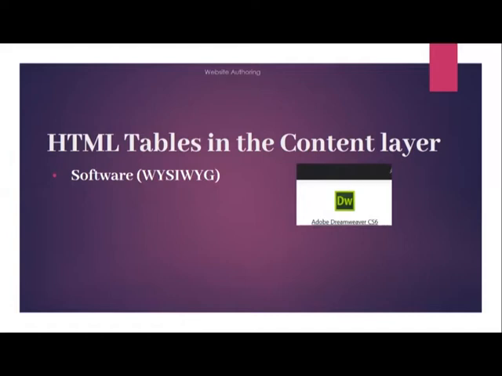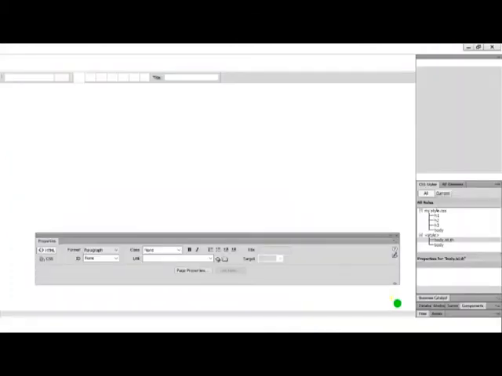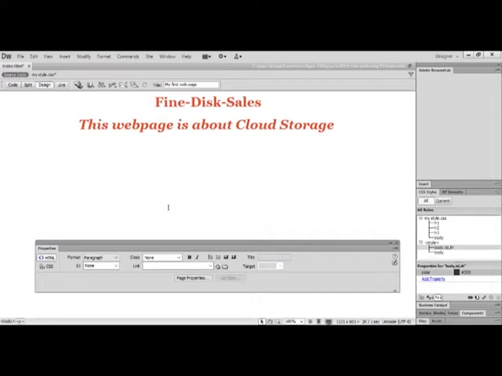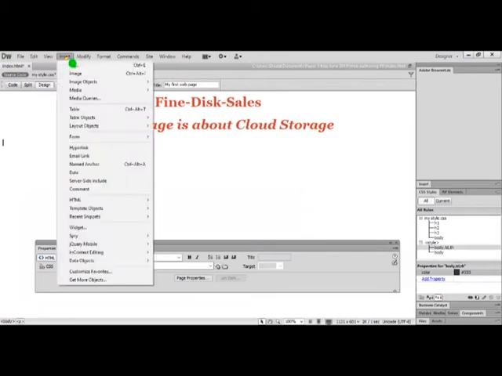After learning some basic features of web authoring, I'm going to demonstrate HTML tables in the content layer. The software is WYSIWYG, what you see is what you get. So in order to have our tables in the content layer, first of all I will open my Dreamweaver. This is the same page I had opened in my first video. The name was index.html. To add our tables in the content layer, I will click on Insert and further